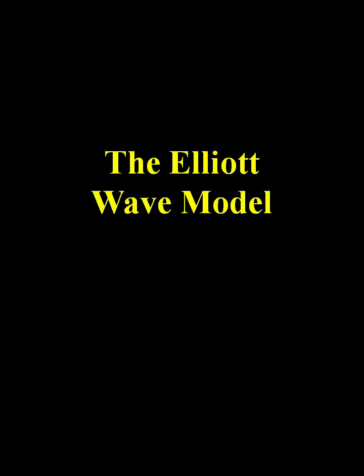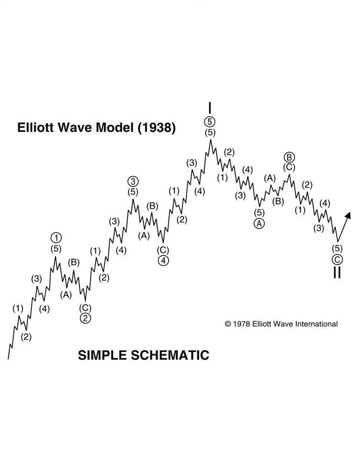Now, just to get you oriented to the way I measure these things, or the way I look at these things, there's a model discovered by a man named Ralph Nelson Elliott in the 1930s, the way stock prices behave. Eventually, this was extended to the way all financial markets behave, and I think it's even deeper than that. I think this is a model of the way social mood fluctuates.